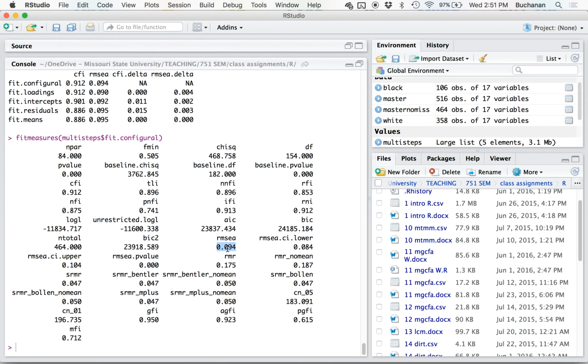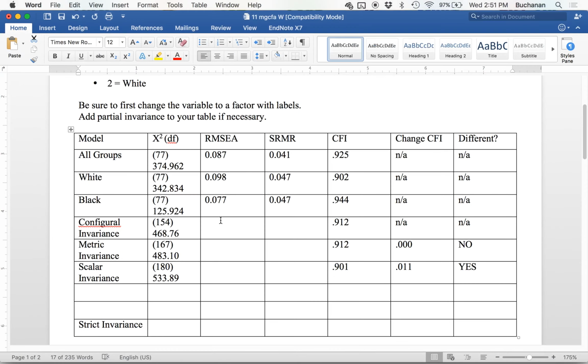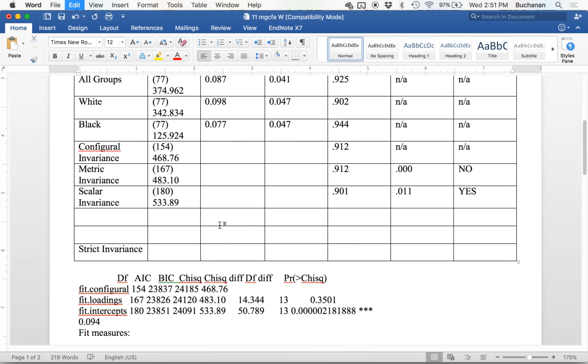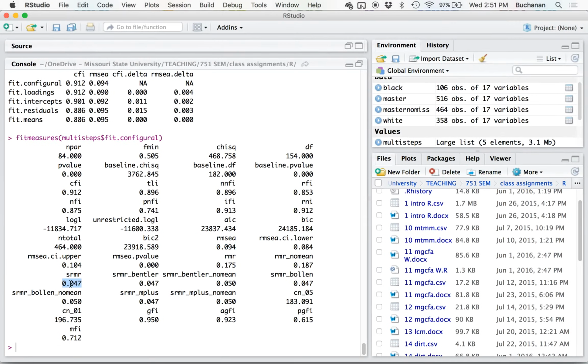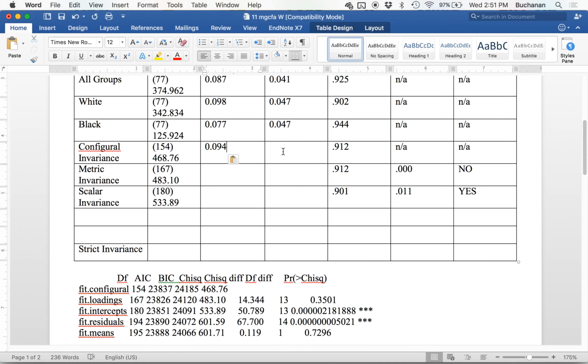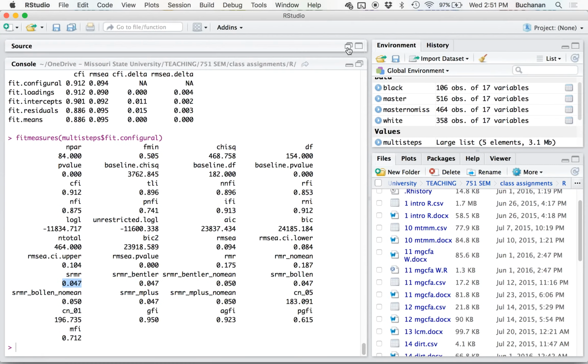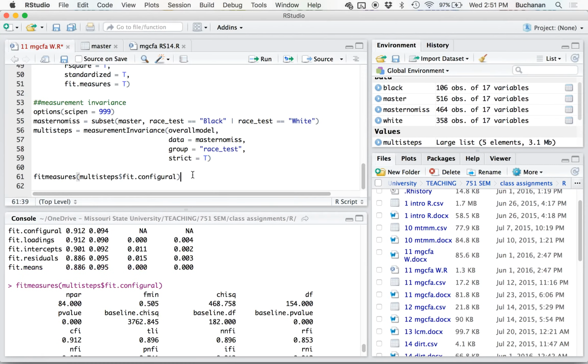So our RMSEA is 0.094. SRMR is 0.047. So that didn't really change a whole lot, especially from the original model. So configural invariance is met. Our two groups have the same configuration. Now if I look at what's next, loadings,